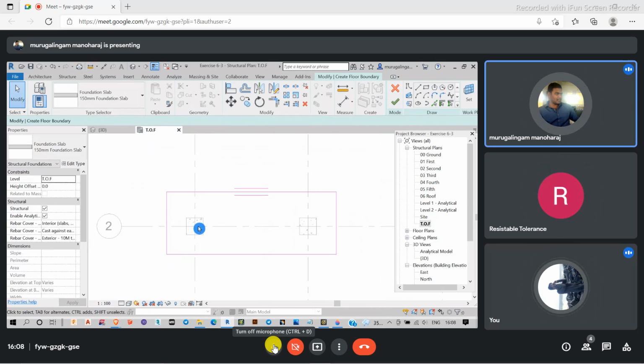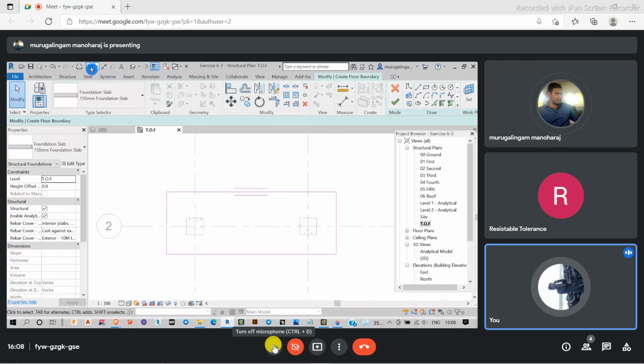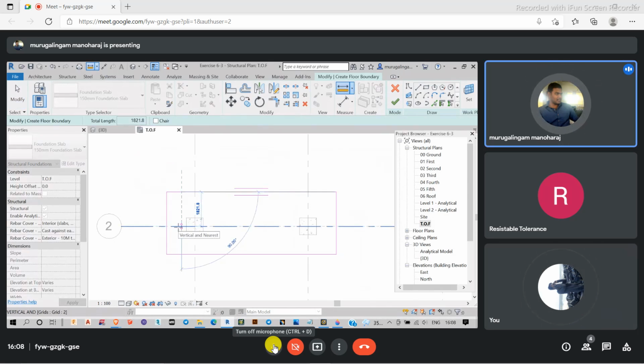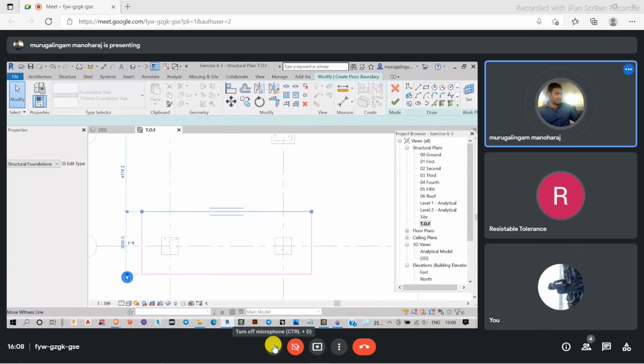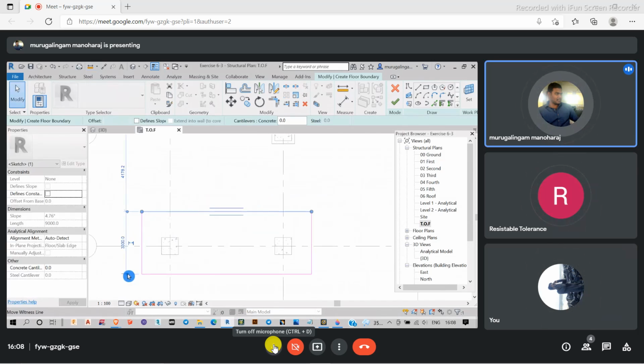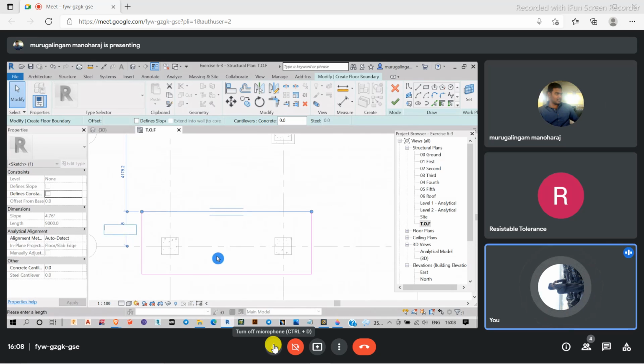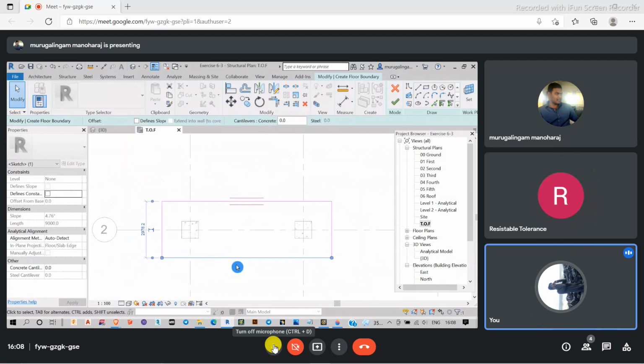I'm just going to check the values here, from this point to this point. It's around 1800. Let's make this 1500. So I adjust the witness line from this point to this point.